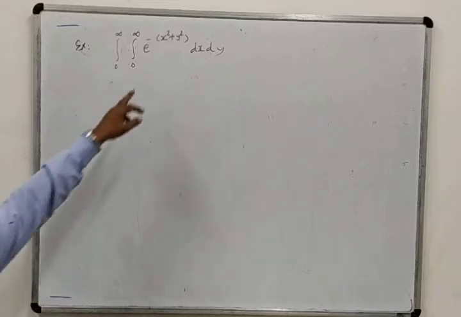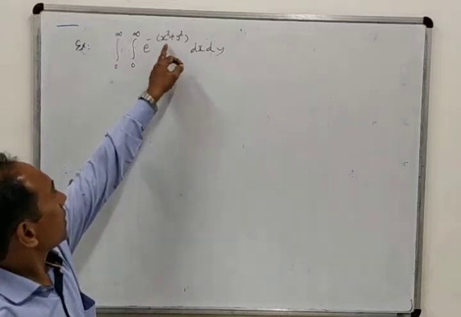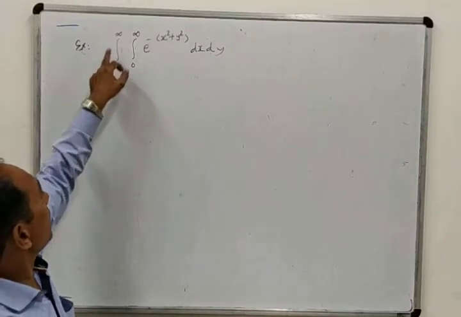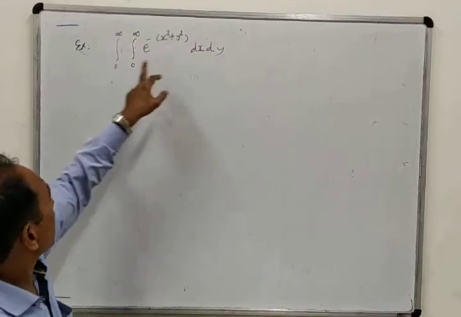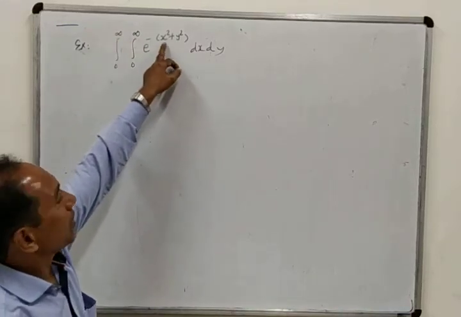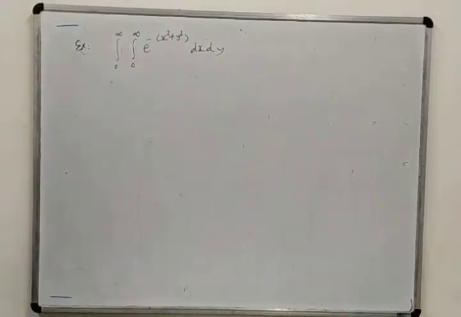But by looking at the structure over here, you can see we cannot solve this directly. Limits are already given, so the region is not written, but you can see that we cannot integrate e raised to minus (x square plus y square) with respect to x or with respect to y. It is not an easy task. So we will try to solve this by using polar coordinates.